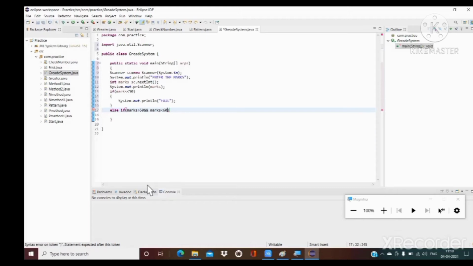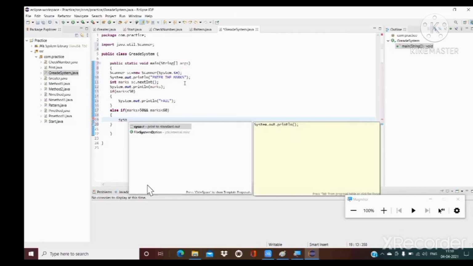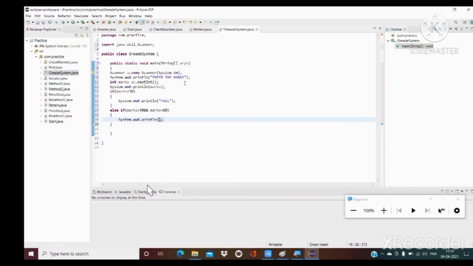If marks is less than 60, we are printing System.out.println D grade.